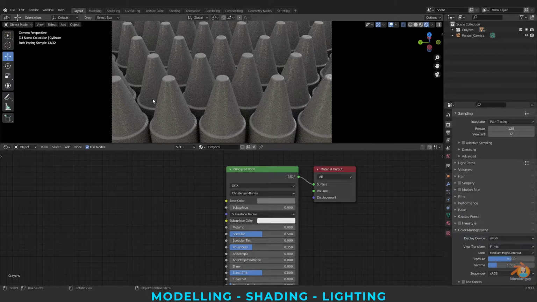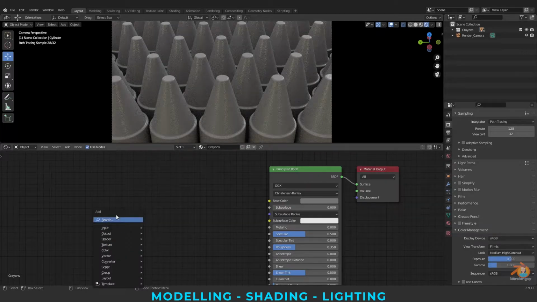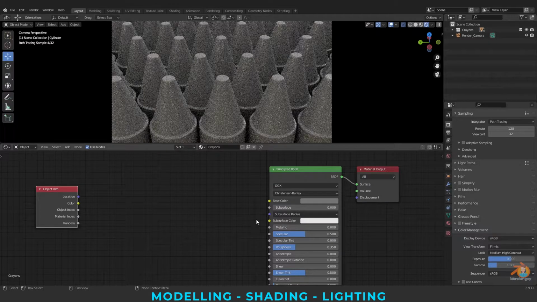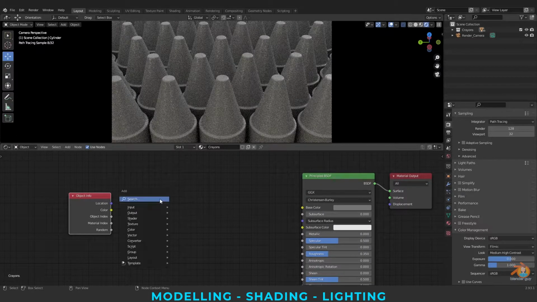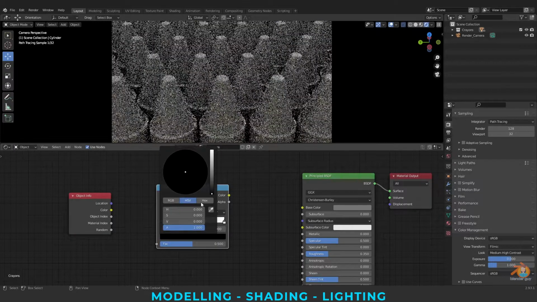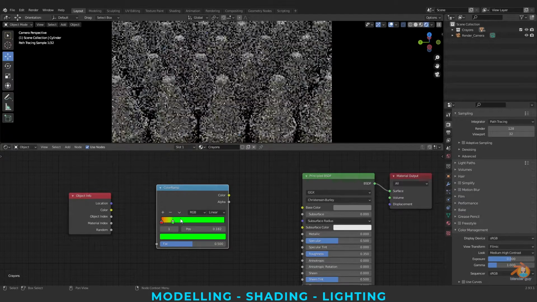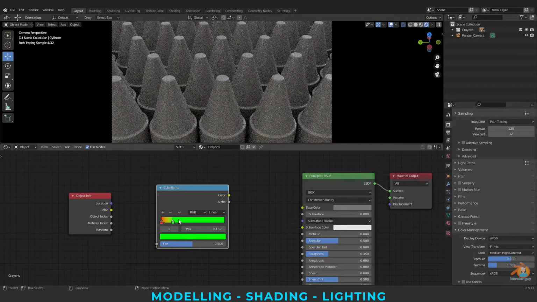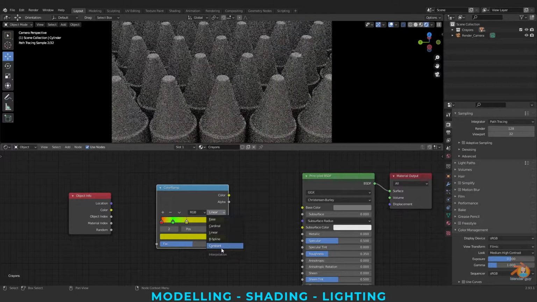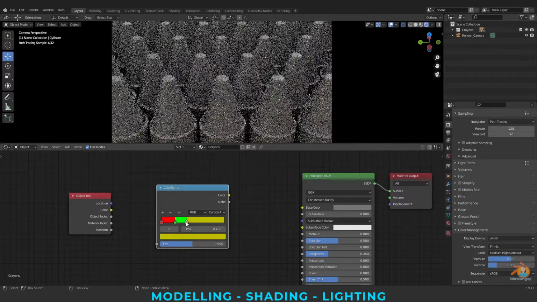Now I have a beautiful tip for you. Instead of assigning individual shaders and giving colors for each and every object, in Blender we have an amazing node called Object Info. We have a random option here. So let's see how this works. I'm creating a color ramp and giving colors, whatever colors I feel like giving. To add another color, all you have to do is press on this plus, go to constant so that you will understand here.